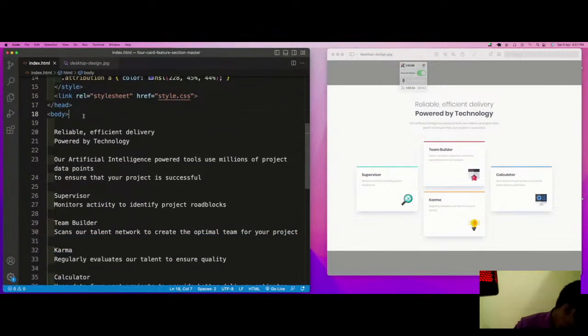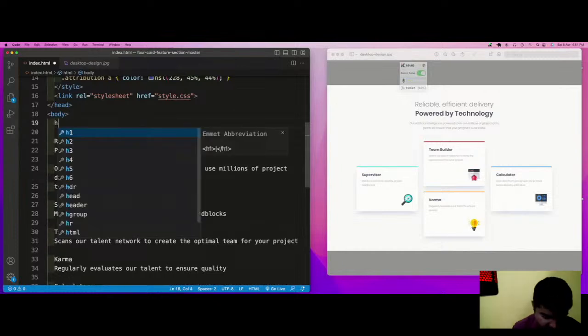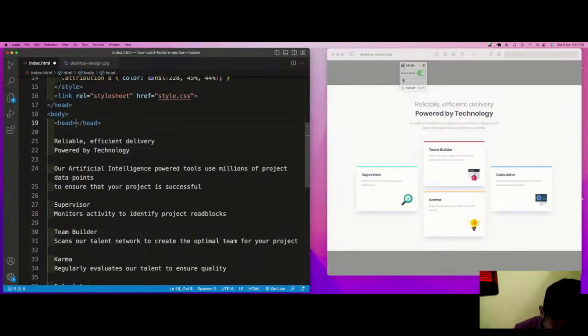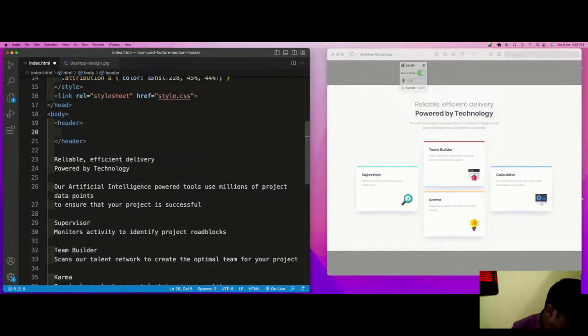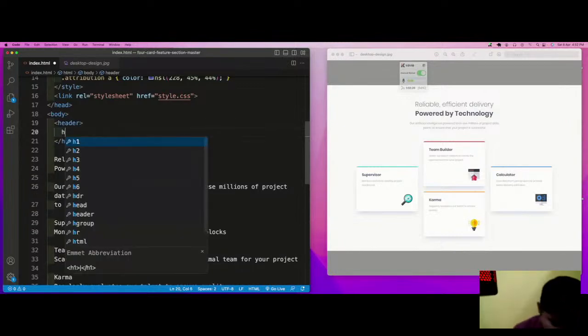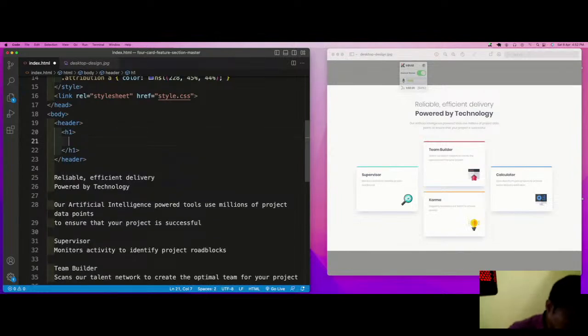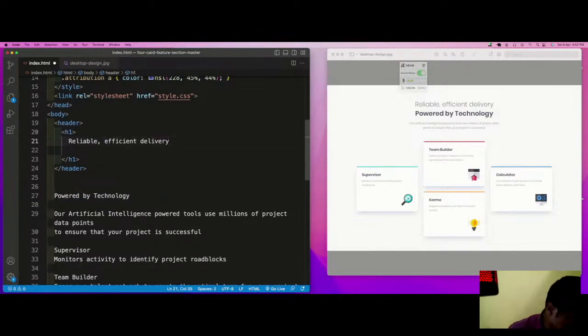So what we'll do, we have a header, and in this header we have an h1, and this h1 contains this particular thing.